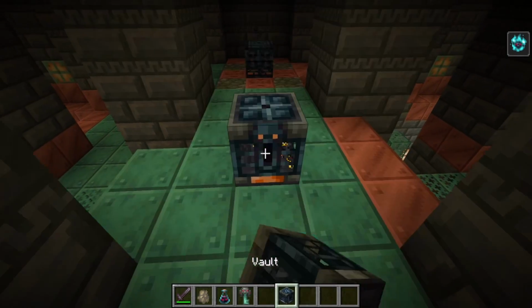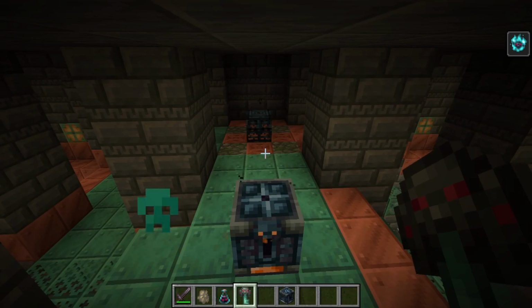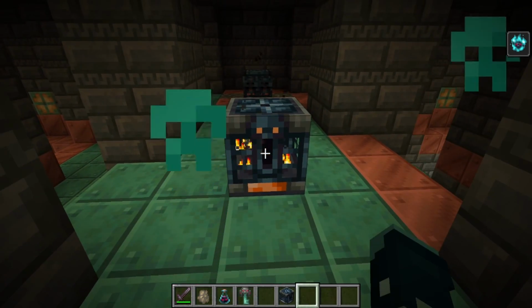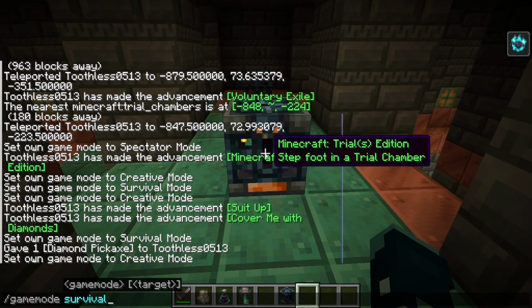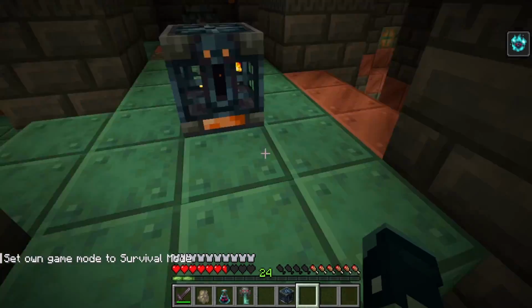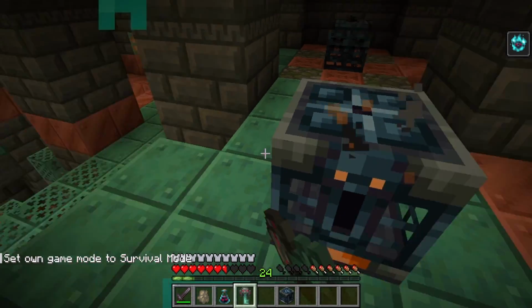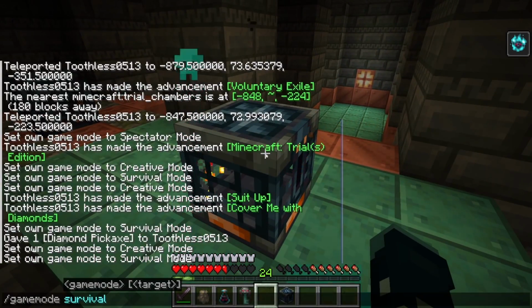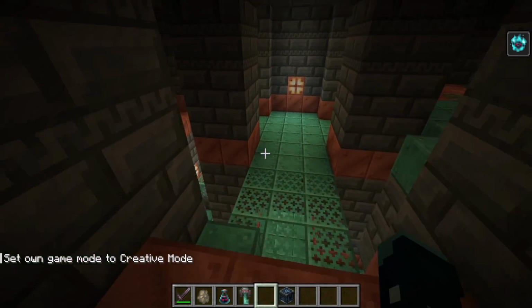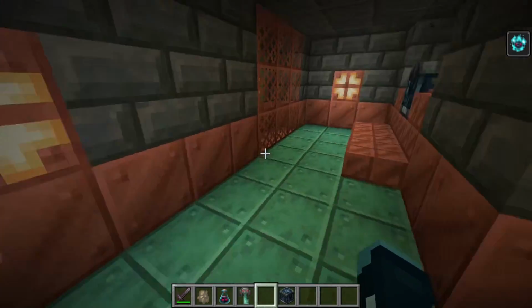Anyway, if we go ahead and grab a vault, I think we can just use the key on it and it will give us... It changes? No, it doesn't change it. What if I'm in survival with the trial omen effects? Will that change it? Now can you take this? No. Okay, so you do have to actually explore these things and locate a special kind of vault called the